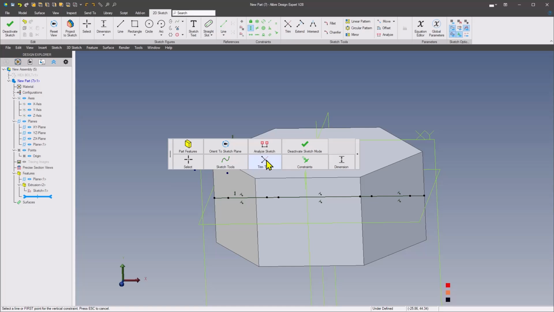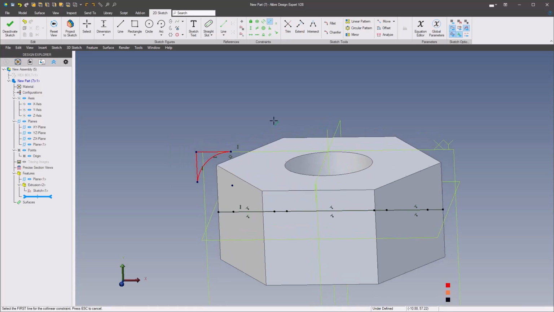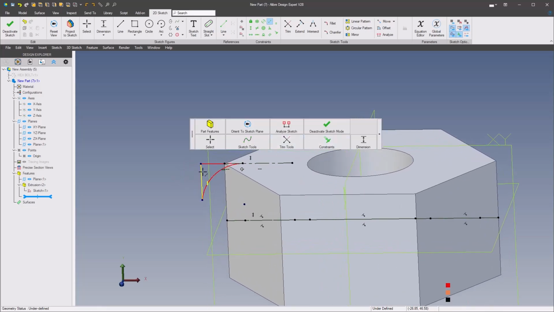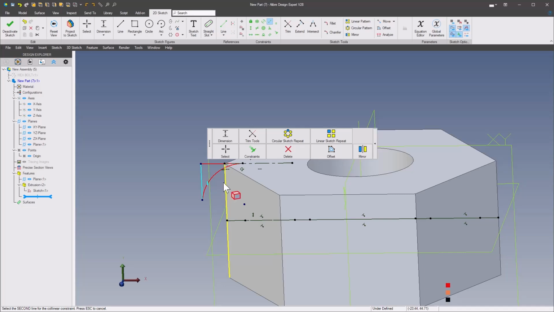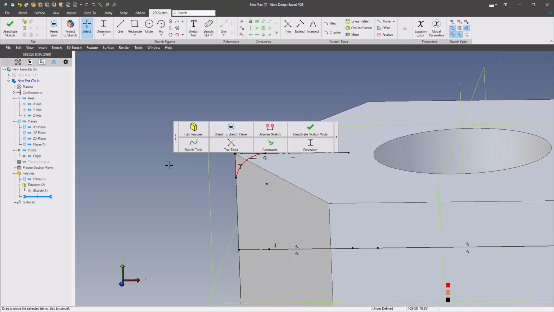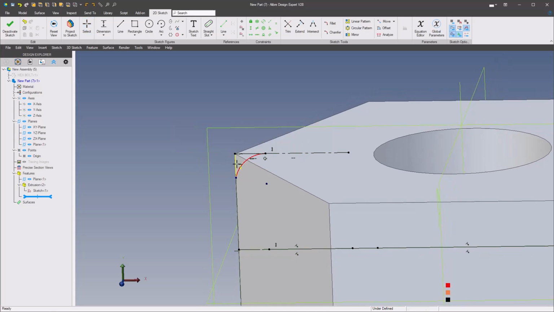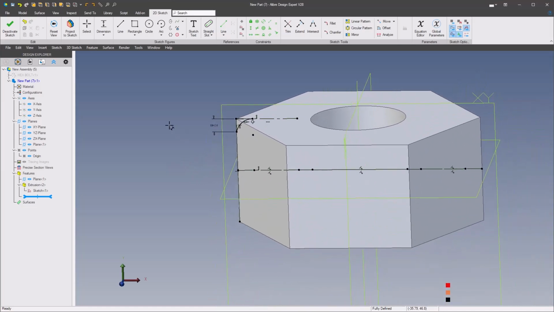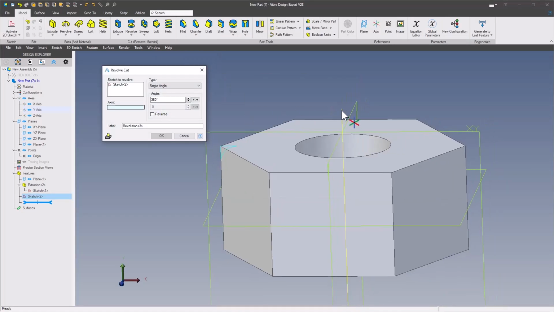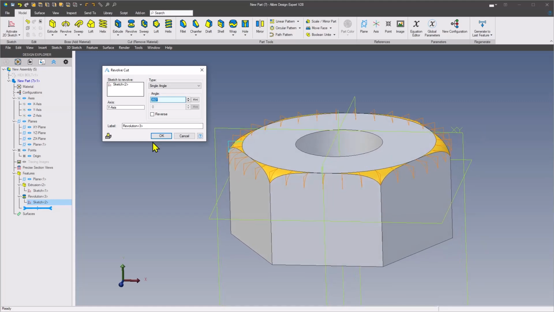We'll do some more constraints, do a collinear from this line to an edge, and we could do a line for collinear also from this line to this edge, and then resize that a little bit. We'll get a dimension on this line at 2.5, and then again we'll go up, select our revolve cut, select the y-axis as our axis, and we get a